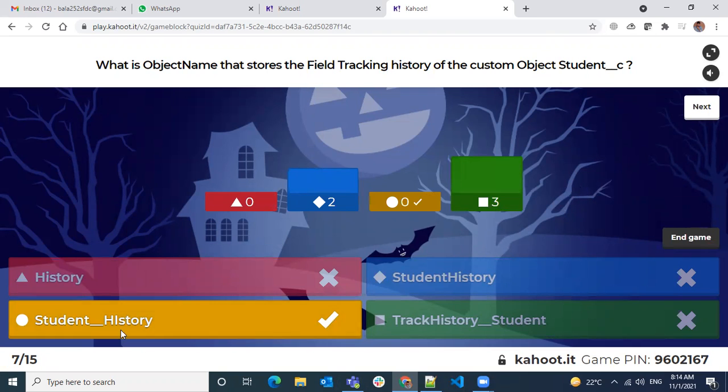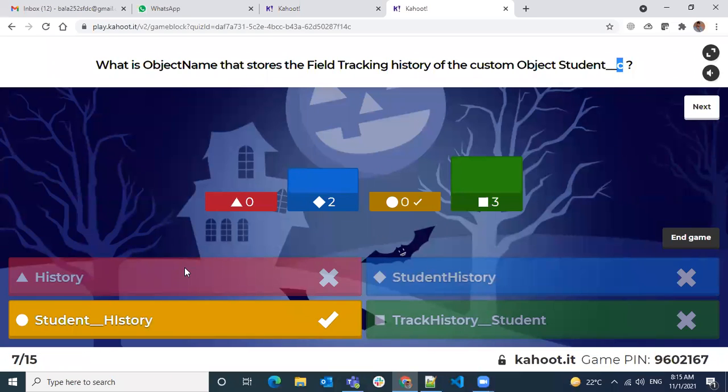So it's going to be a history after the name of the object. If it is the name of the object, the C will be replaced with the history. So that's what the object is going to create. Whatever object it creates, all objects will have the name of the object, and C will be replaced with the following: if it's a change event, if it's a history, if it's a share. Like multiple objects Salesforce will create, all will have C replaced with whatever the feature is.